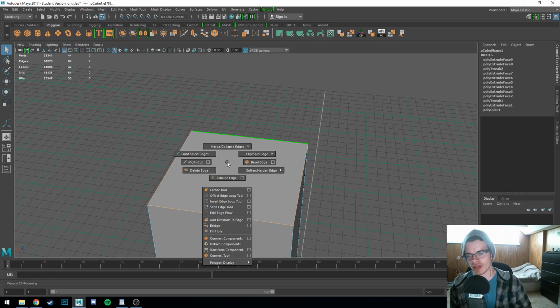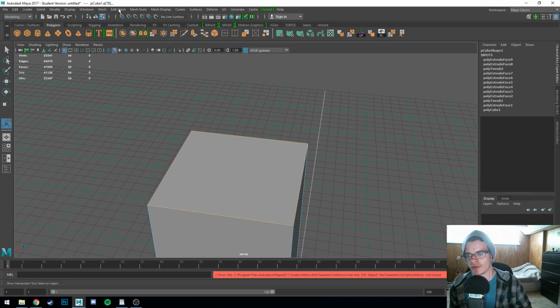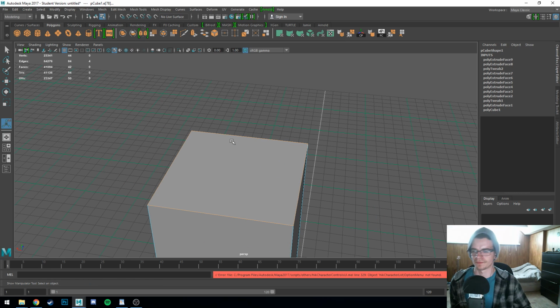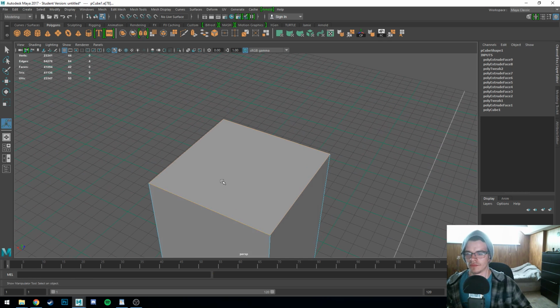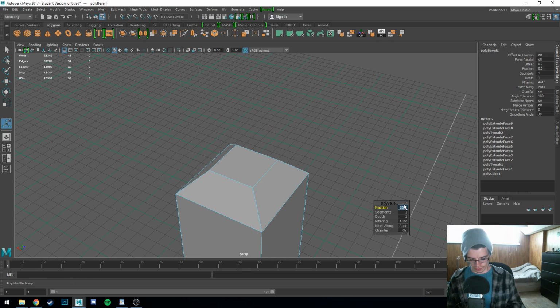But we can go to bevel right here, easiest way. So again, you can go up here and bevel. Took half a second. It's really how you want to cut down your workflow. So we have all of them. Bevel, change our fraction to 0.1,